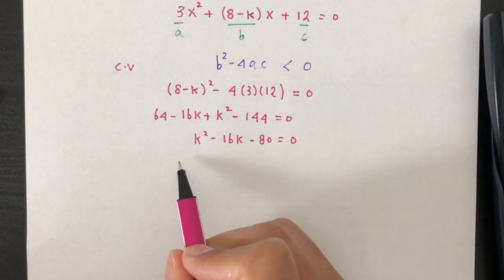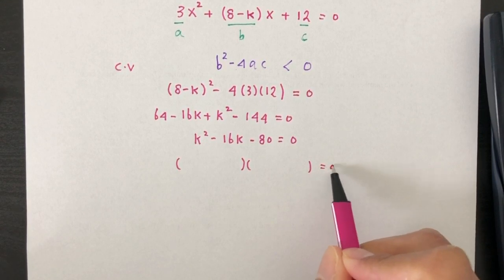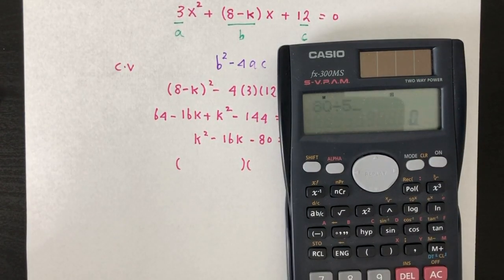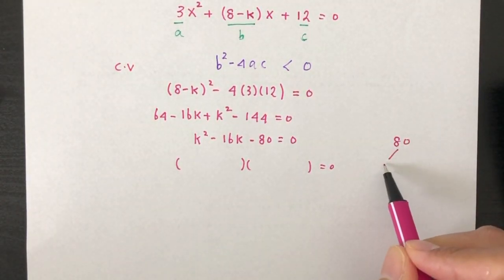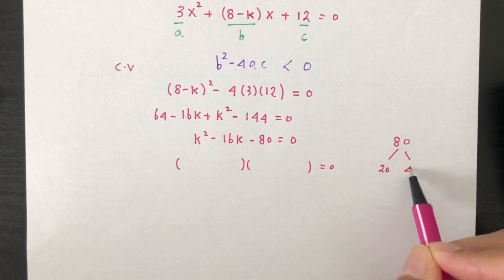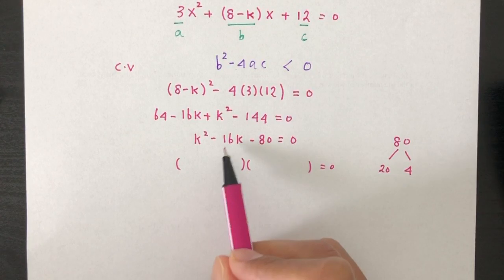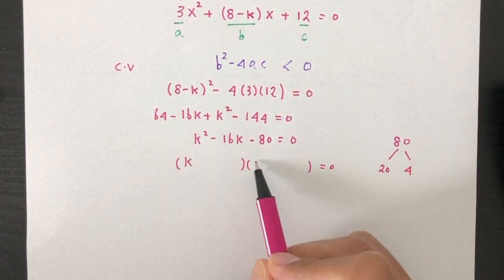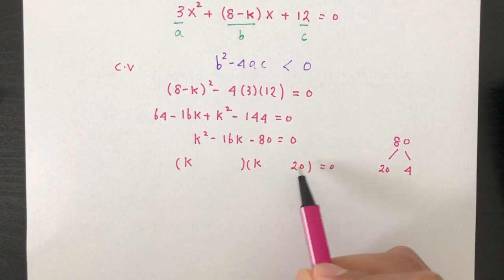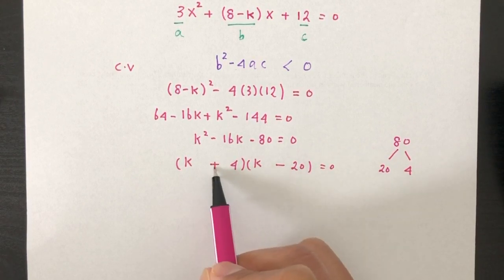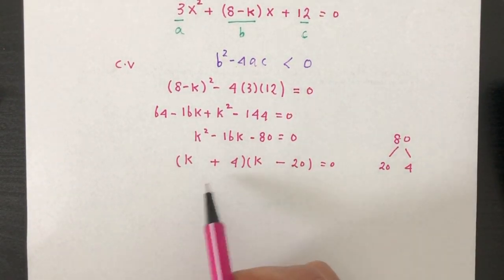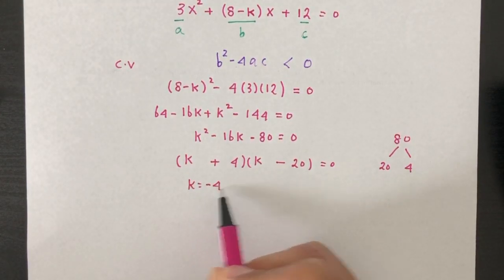Now let's try to factorize this equation. So what are the factors of 80? We know 80 divided by 5 is 16. What else do we know? We know 80 divided by 4 is 20. So let's use that. So 80 will be 20 times 4. We will use this because we can find minus 16 from that. So k squared is k times k, and this will be 20 and 4 for 80. So to get minus 16, it has to be minus 20 plus 4. Now let's find the values. K will be minus 4 and k will be